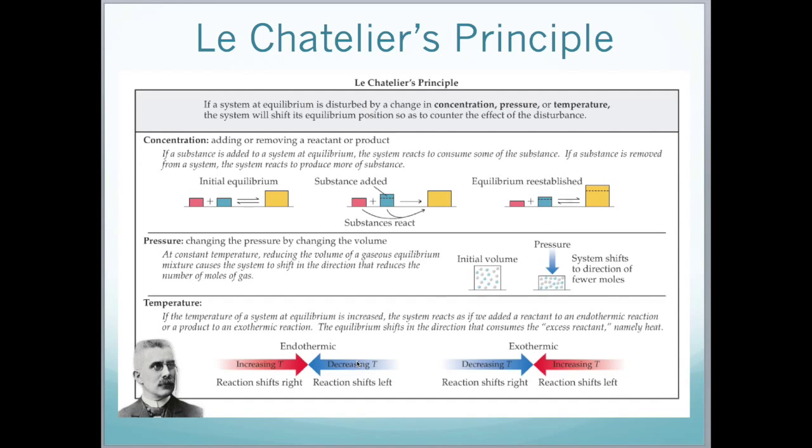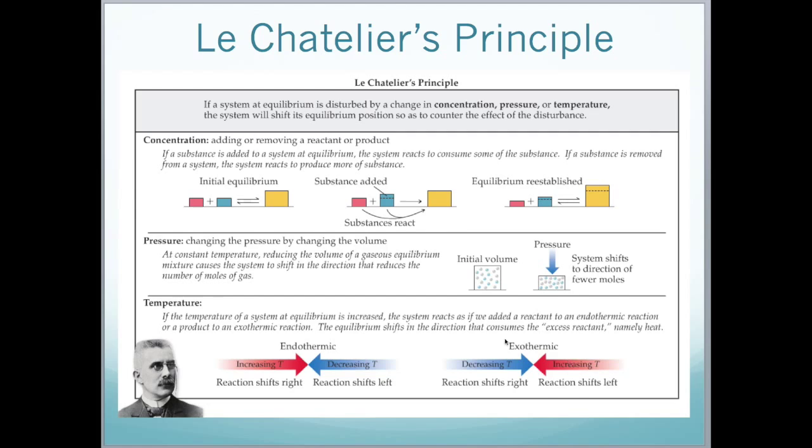If we decrease the temperature in an endothermic reaction, the equilibrium position will shift to the left because it is exothermic in the reverse direction, meaning that the temperature of the system will increase